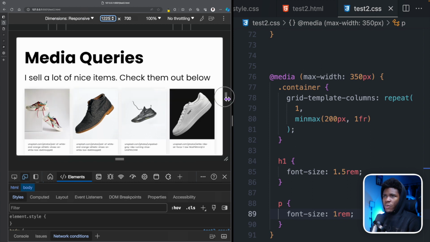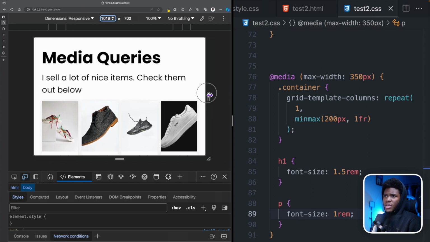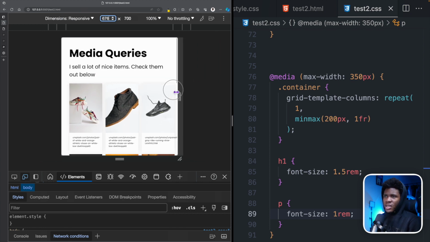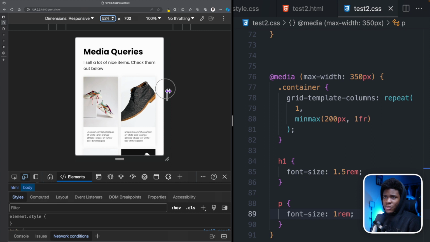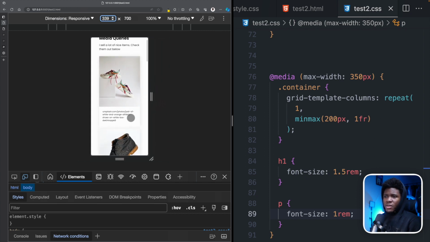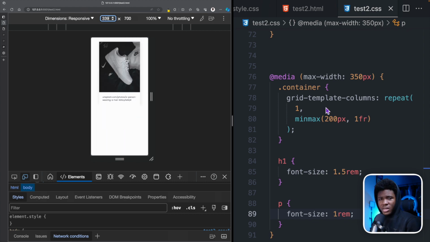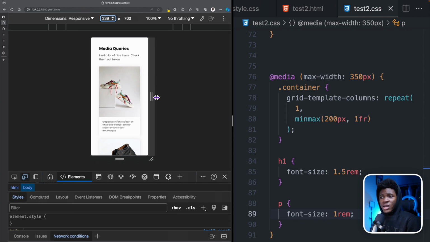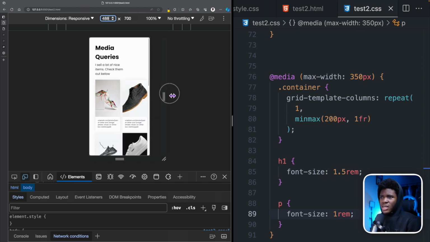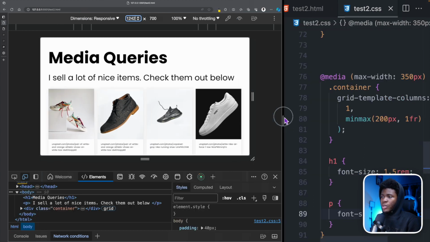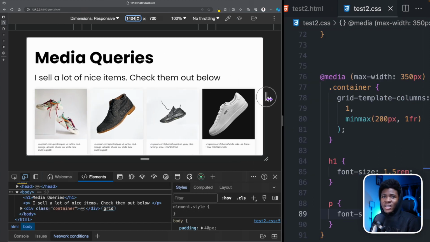Let's refresh. Now when it is more than 1000, you have all your defaults, 4 columns, the text is big. Once it gets less than 1000, you see the heading reduces, the P reduces. It gets less than 600, the heading reduces, the P reduces. It gets less than 350, and you see everything reduces accordingly. And by using media queries here, we have been able to create this responsive layout where users on mobile devices like this, or maybe on their tablets, or maybe on their desktop, they all get to have a good experience